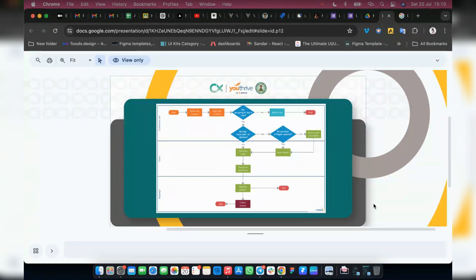So a flowchart is a diagram that shows how a user is going to navigate through your product. And then types of flowchart. We have the